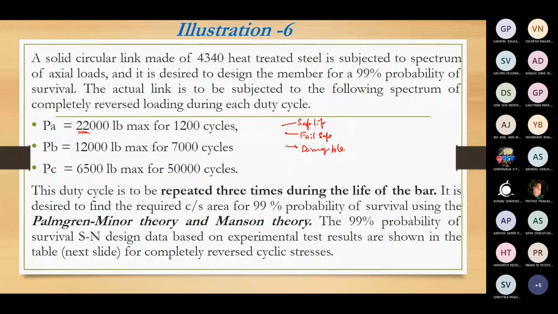Damage tolerant design. So these are all various components, various types of possibilities which we can explore in the design. Now here, let us take safe life. For a defined period of the life, the component should not fail. The only possibility of the component failing is somewhere around 99%. Depending on what feature you are adopting, accordingly the dimension or the cross-sectional area you want to specify for the given cross section might vary.